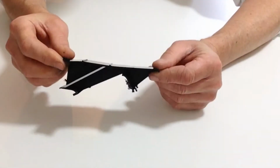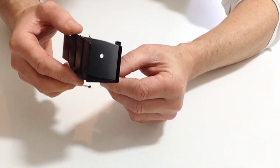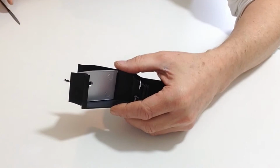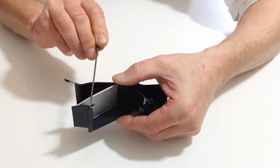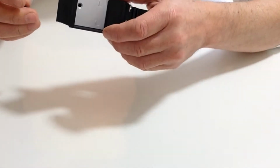Right, as you can see, we have now the mesh in position. Once again, notice the positioning. So we've got the mesh facing outwards, and you'll notice that the hole will line up in effect with these two parts here. Okay, so next we're going to be fitting the floor support, and at the bottom on the